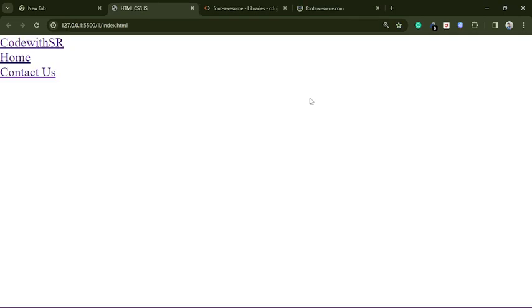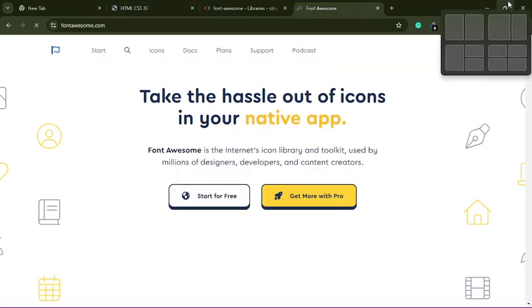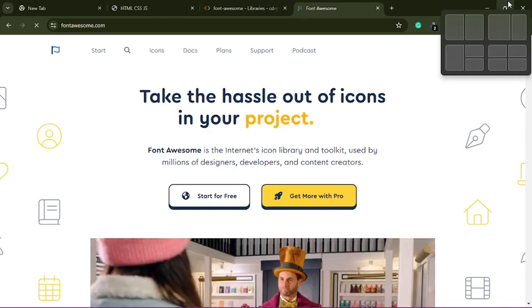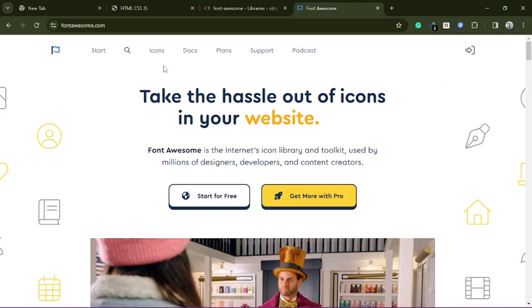You can use any other, but I prefer that you use Font Awesome, because it gives us good performance. So, click the icon